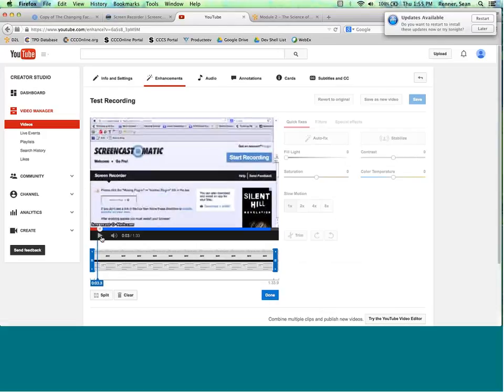When I click play again after I've moved these bars, it's going to start playing from the new place that I've chosen here. We can see what it's cutting out at the beginning, and we can see what I've cut out at the end. And so when I click play or move my cursor back here, I can see where it's going to start now that I've made my change.